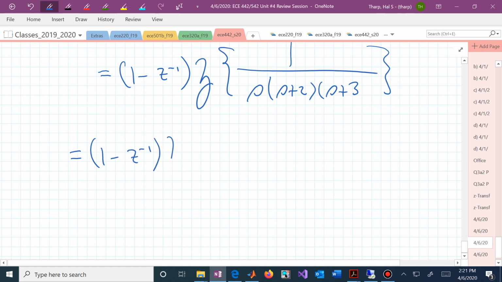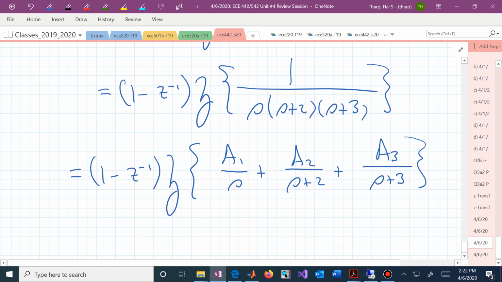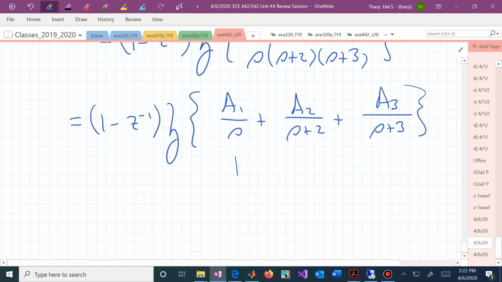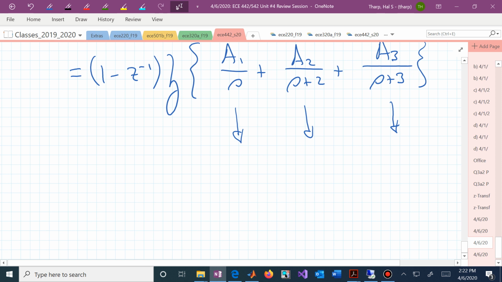We could now do a partial fraction expansion. We now have 3 terms in our partial fraction expansion inside the curly brackets on the Z transform. We could now find those from a table and do a table lookup after we found the A1 and the A2. And once you've now multiplied what's left after Z transforming by 1 minus Z inverse,